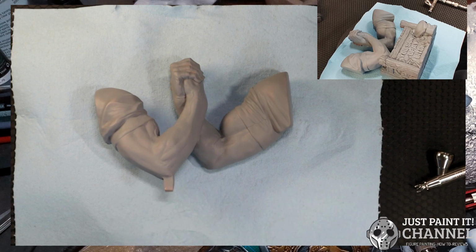There was not a whole lot of cleanup to do, just some seam lines that were very easy to come out, and just a little buffing here and there, and that's it. I did order stuff for the